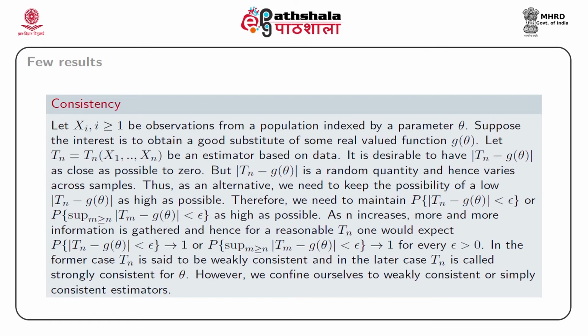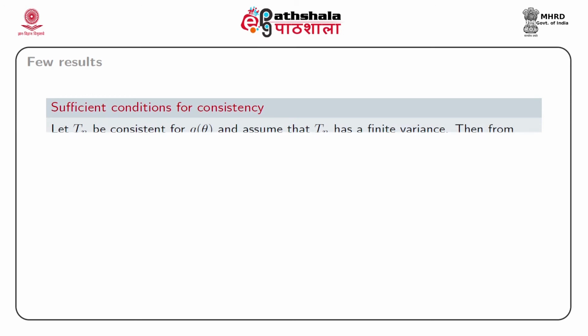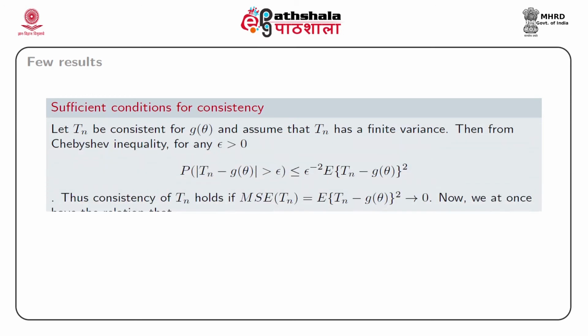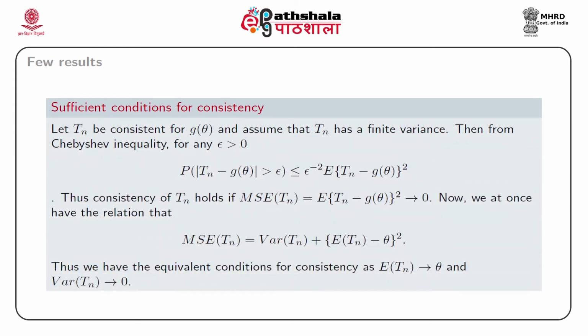However, we confine ourselves to weakly consistent or simply consistent estimators. So, let us start with some sufficient conditions for consistency. Let Tn be consistent for g(theta) and assume that Tn has a finite variance. Then, from the Chebyshev inequality, for every epsilon greater than 0, the probability that the distance between Tn and g(theta) exceeds epsilon